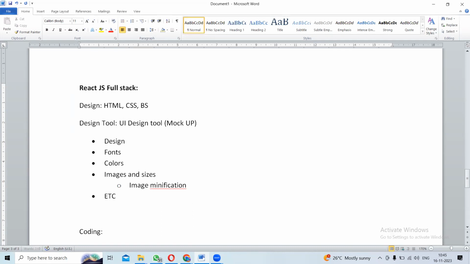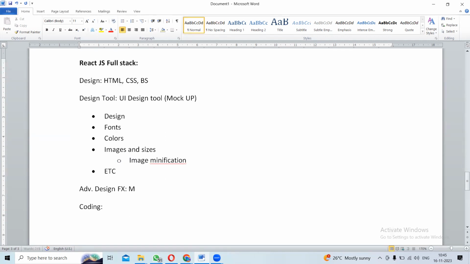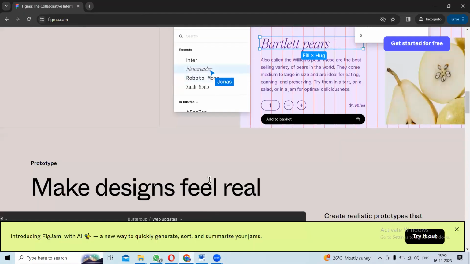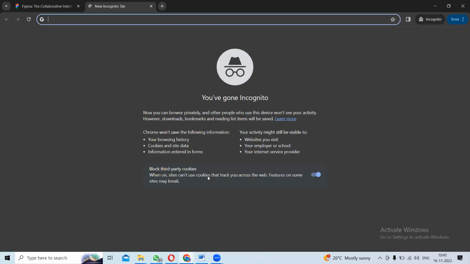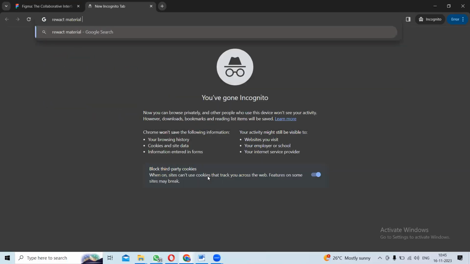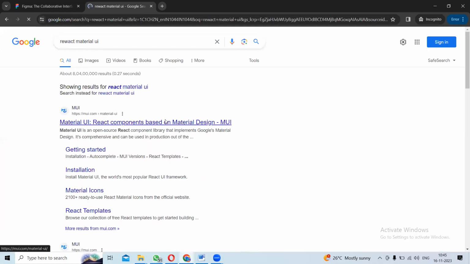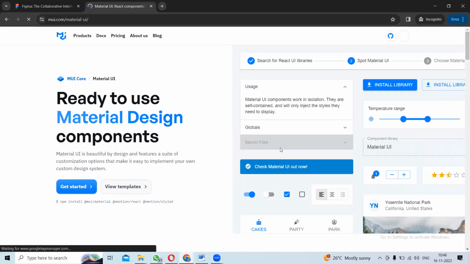Next, nowadays we have advanced designing frameworks. What are those? Material UI, React Bootstrap, Tailwind CSS. For example, React Material UI. All these are given as readily available